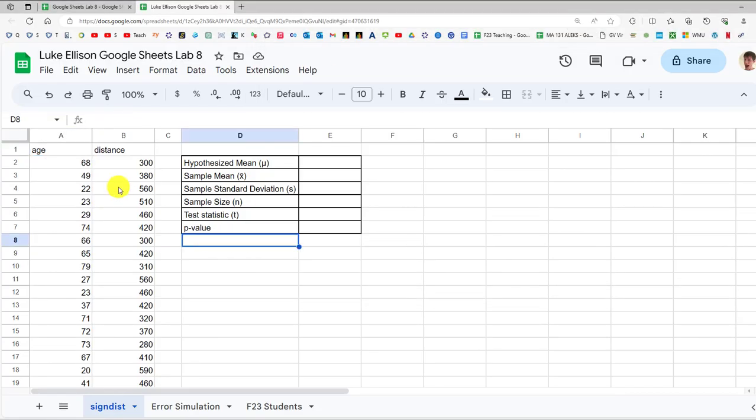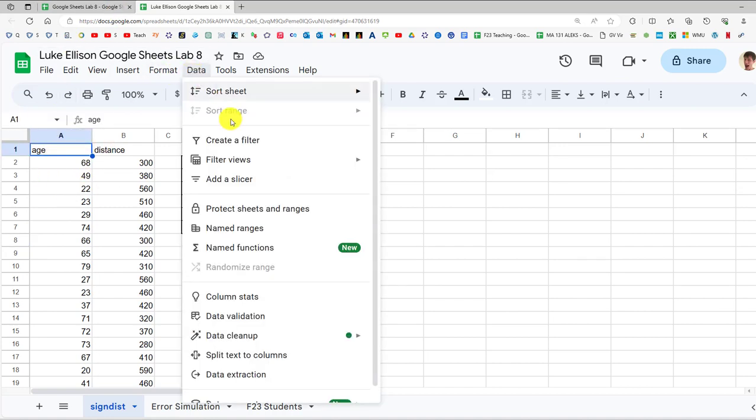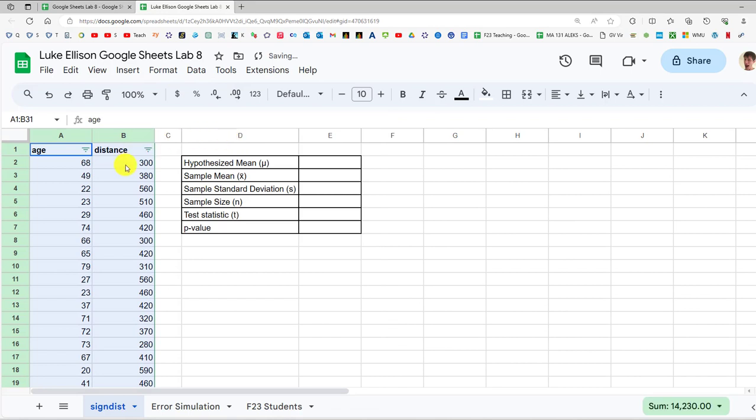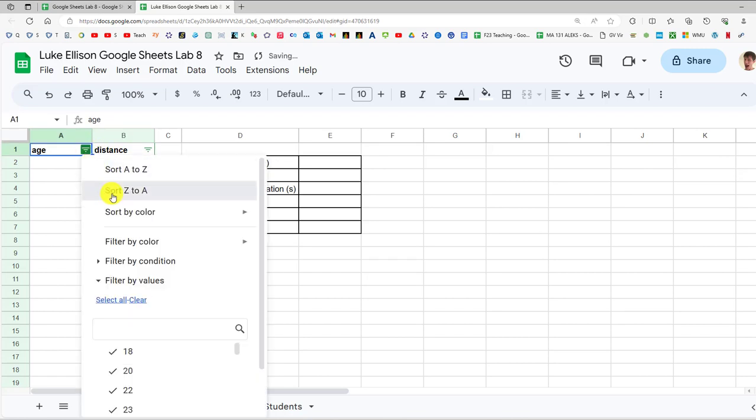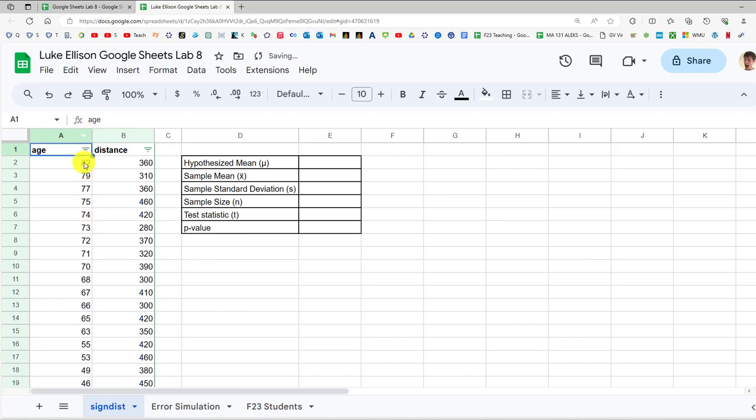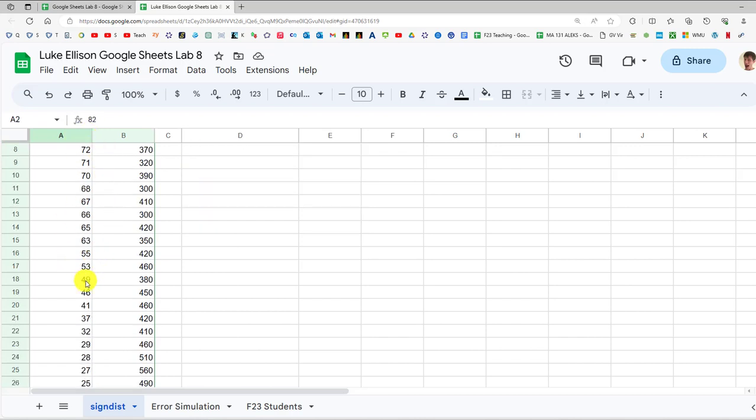So let's go ahead and do that. You can see the ages are all over the place here, but we really want to only test this for the people age 50 or older. So I'm going to click anywhere inside the data set, go to Data, and create a filter. Then I'm just going to sort it by age. Actually, let's do it from Z to A, so that I've got all the people who are 50 or older first. Then if I scroll down, I can delete the people